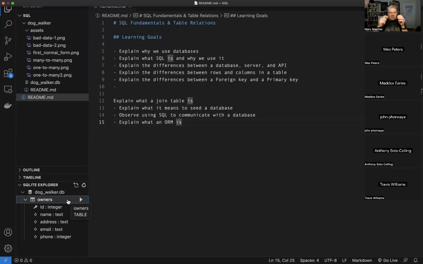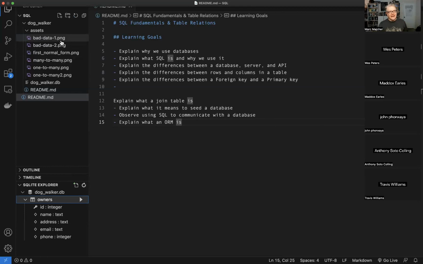This is for a dog walker application, and here are some owners. So these kind of match up with the properties on the classes or objects we're going to be working with. In Python, we have an owner class that has a name, address, email, and phone. We'll want that to sync up with our relational database to provide the same kind of thing. You don't need to worry too much about how that's going to happen now because we'll talk about it when we get to ORM stuff. But basically, your Python application will be using SQL to talk to the database and get data back.